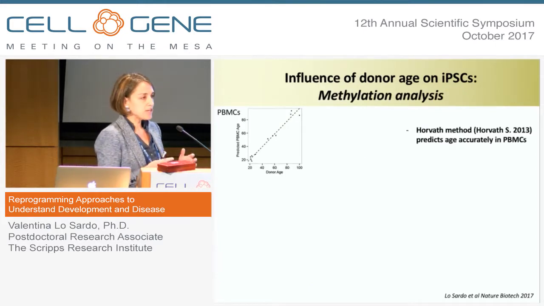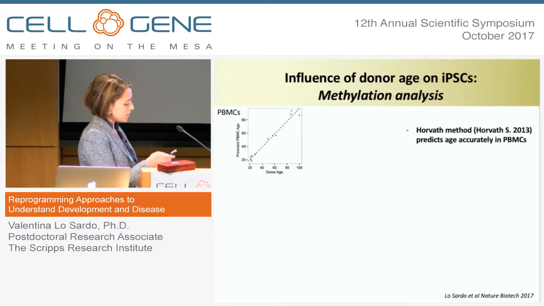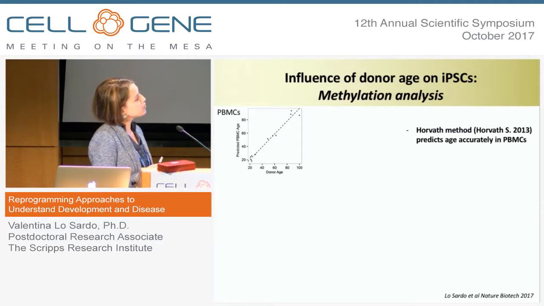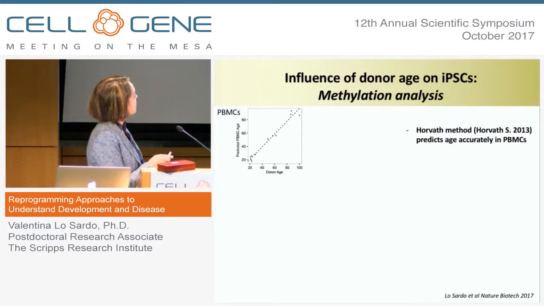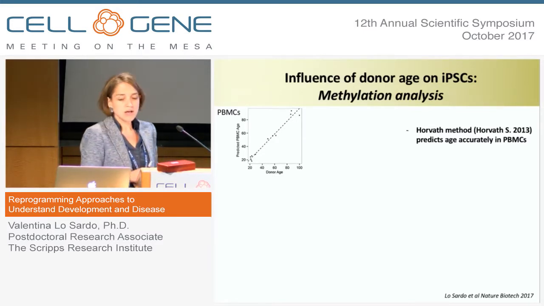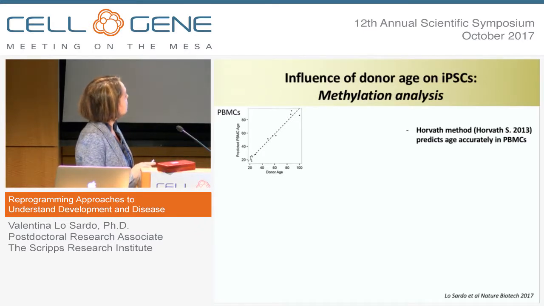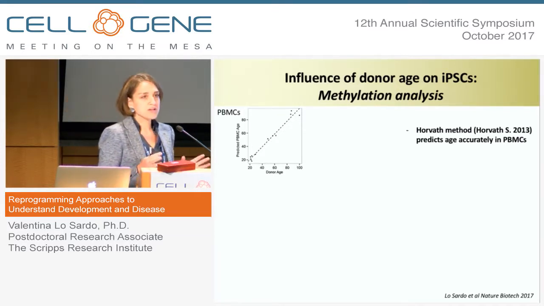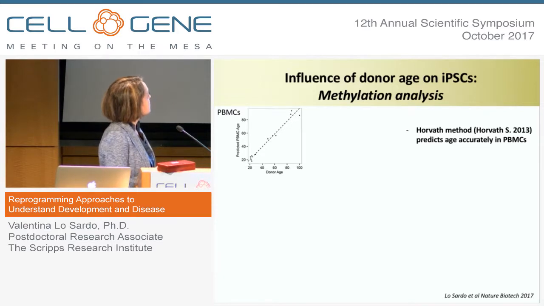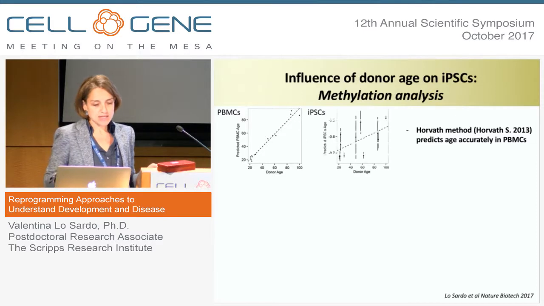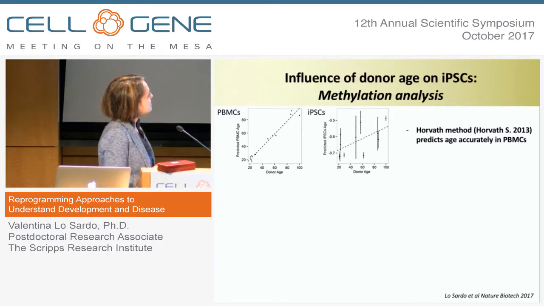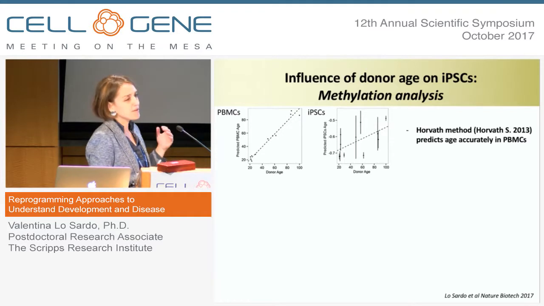What about the methylation state? We used this ORVAT method. It's a way to predict age on tissues. It works pretty well, and we tried it on our PBMC population. And as you can see, you can predict the age in a very accurate manner. The error is probably plus or minus 1 year, so you can predict the age of the donor just from the blood sample. We applied the same method to our iPSC, and as you can see, the iPSC have a